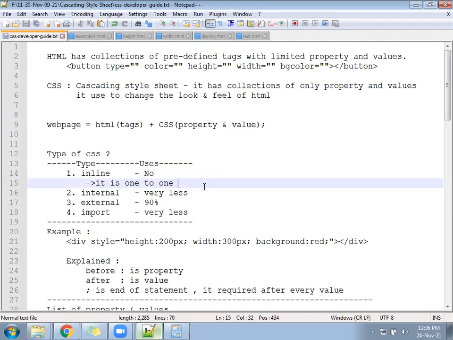Yesterday one person asked why H1 is coming bigger and H2 is coming smaller. I had written H1 to H6, bold, italic, underline. Then I saw H1 is bigger and H6 is smaller. Bold is bold, italic is italic. But the person said all are the same. Arey bhai, where is the same? The name is different too. H1 is different, H2 is different. Bold is different, I is different, B is different. Where do you see the same? The person said no, all are printing in the same line.